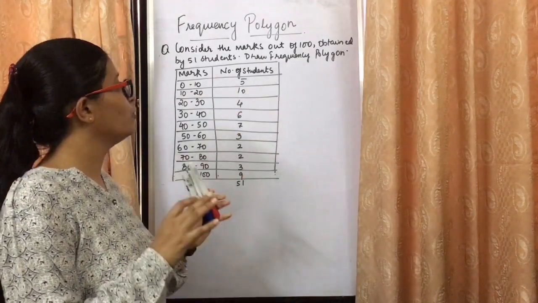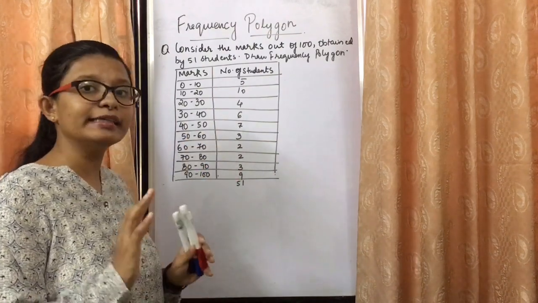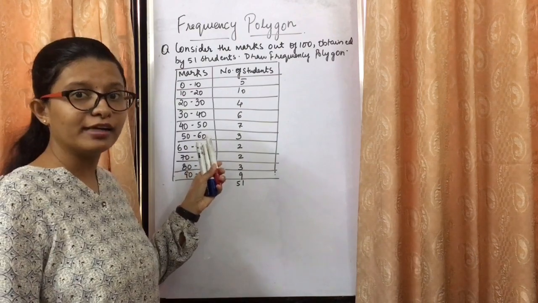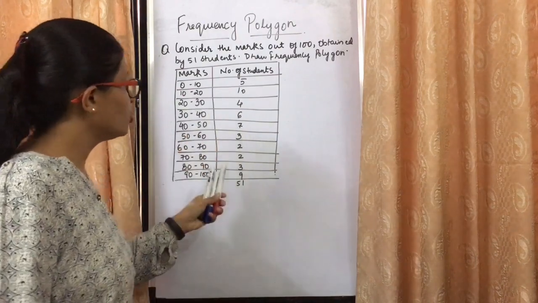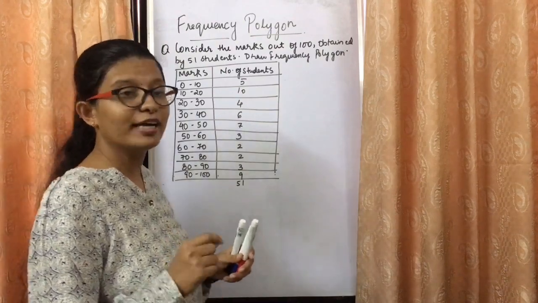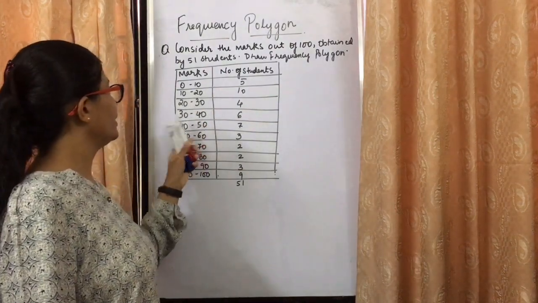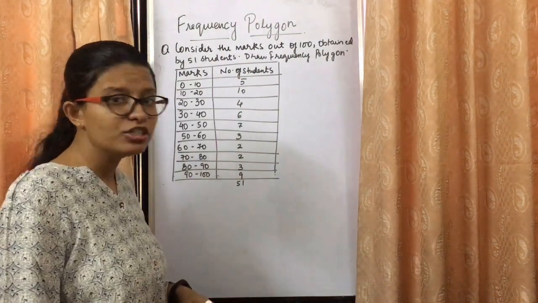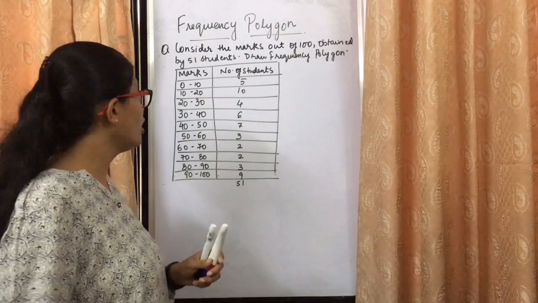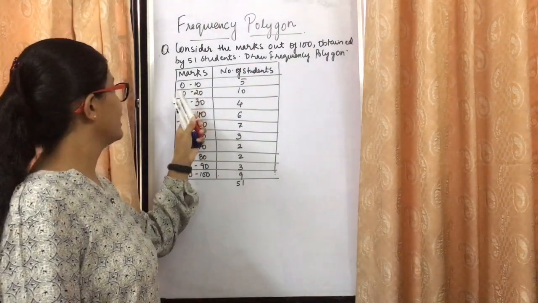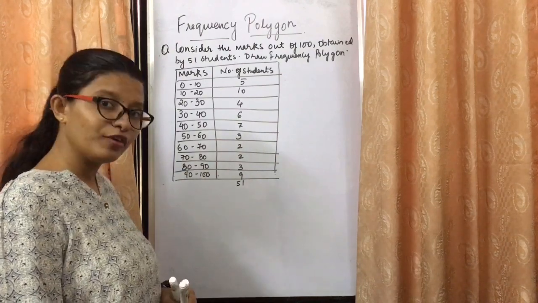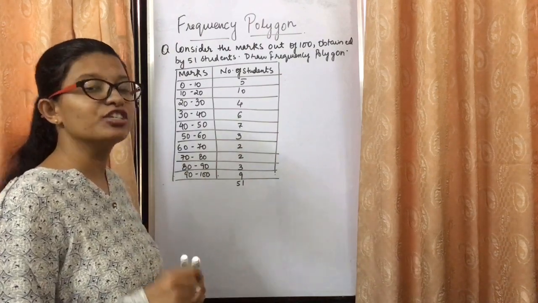सो सबसे पहले हम लोग ये देख लेते हैं कि क्या हम ये डाटा से हिस्टोग्राम बना सकते हैं. If you are able to make the histogram from the given data, that's well and good. तो हिस्टोग्राम बनाना है मतलब कि सबसे पहले चेक करना होगा कि हमारी क्लास इंटरवल कंटिन्यूस है या नहीं. 0 to 10, 10 to 20, 20 to 30 and so on. It is continuous. And next step we need to check whether the class width is same or not. So 0 to 10, 10 की width है. 10 to 20 again 10 की width है. तो आप सभी ऑब्जर्वेशन में अगर ऑब्जर्व करेंगे, so we have class width as 10 which is constant.